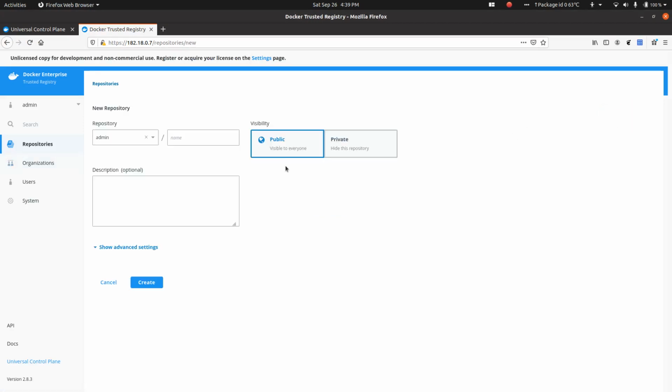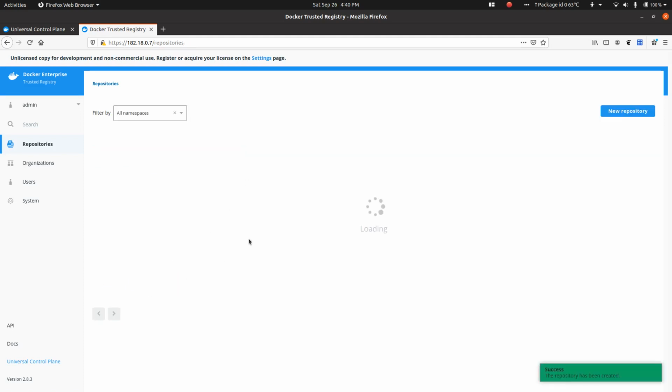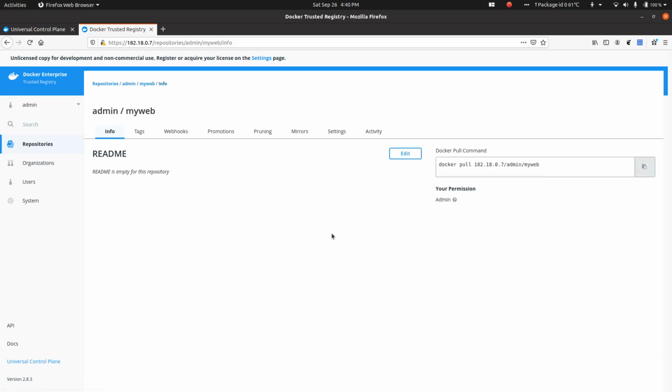Let me just try to create a registry here. Okay, looks like I have to provide either admin / or Docker data center /. Fine, let's say I want to create a repository with this name, admin / myweb. This is going to be the repository name, which currently contains nothing, and this is how it is supposed to be written. Fine, I'm going to use this address now.